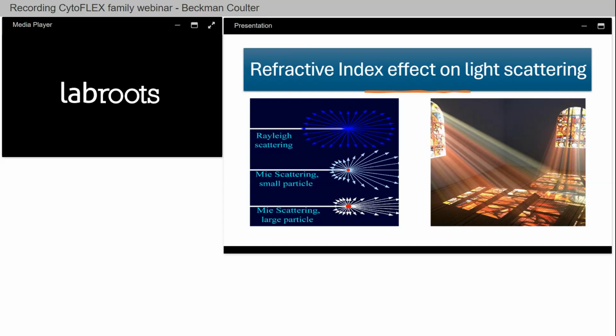The old plug and chug method. Whereas small particle detection is based on Mie scattering and Mie theory. And so the light of these is changed, right? It's shot off in different directions and has a different kind of